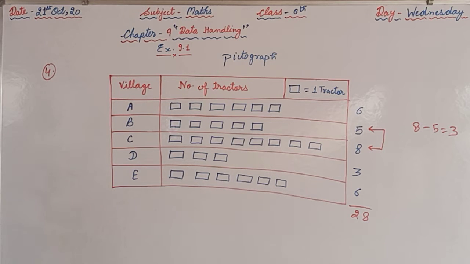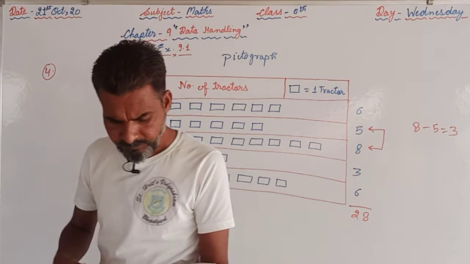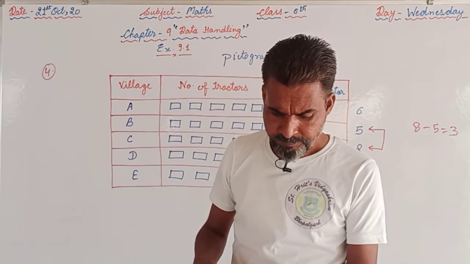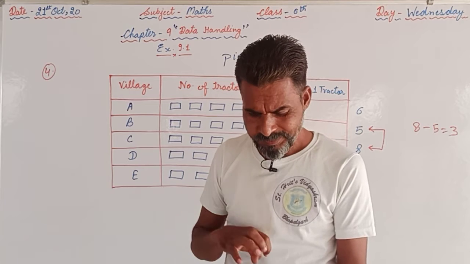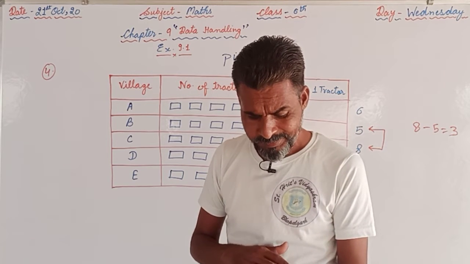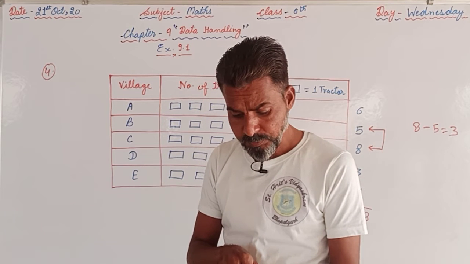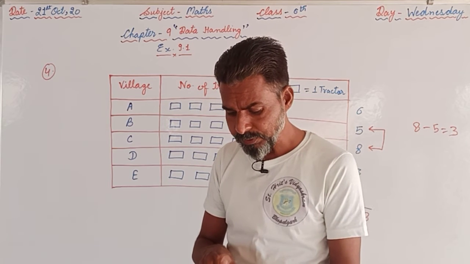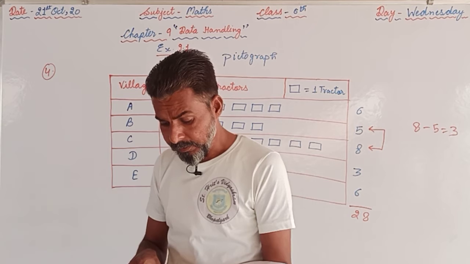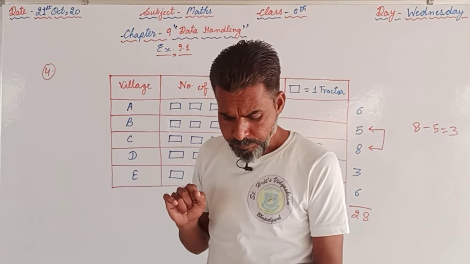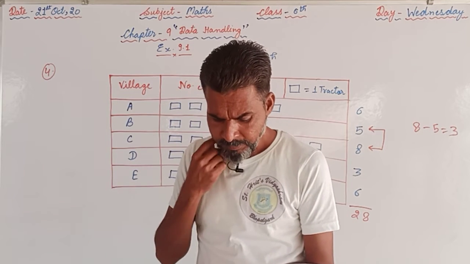That next question is question number 5. In question number 5, a pictograph is given which provides information regarding the girl students. So first of all we will read the question. The number of girl students in each of the classes of a co-educational middle school is depicted by the pictograph, means it is being displayed by the pictograph.